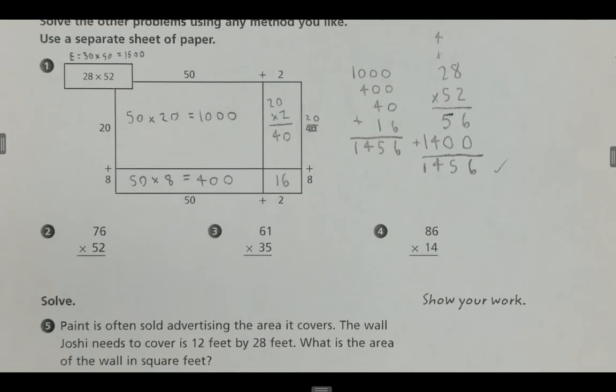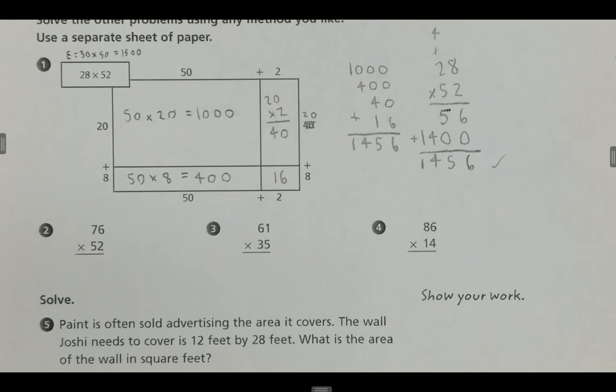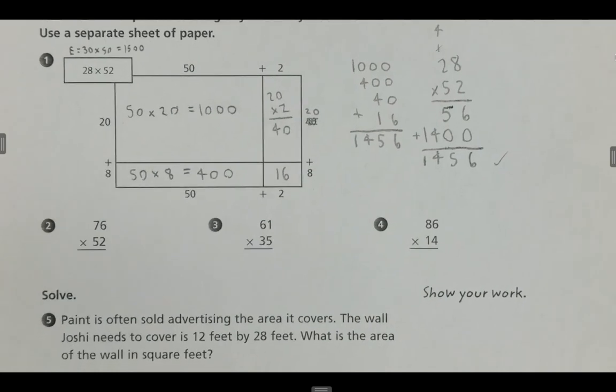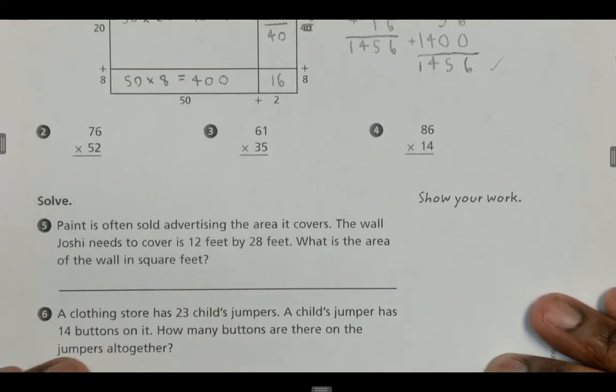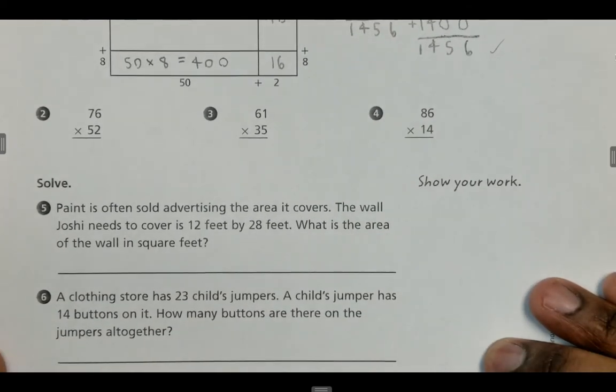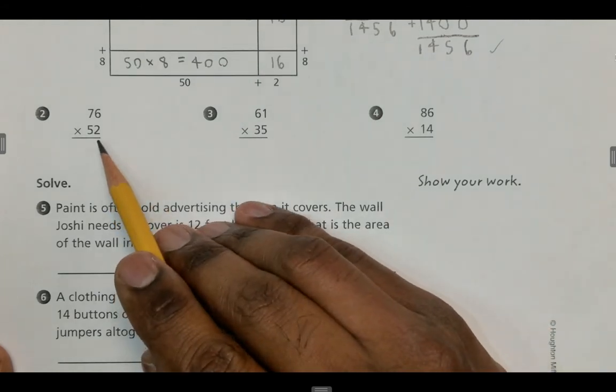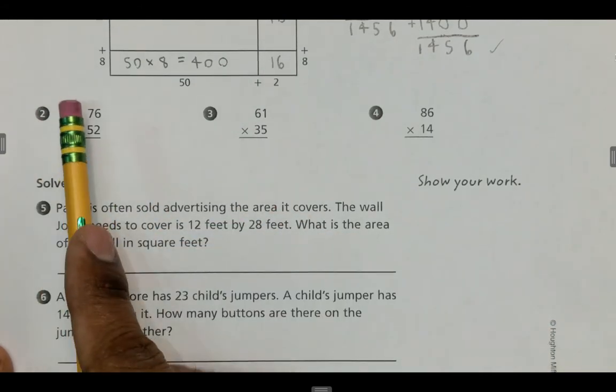Moving on, there's not a whole lot of room to show work, but it's important that you do, so you're going to have to write small. Let's do the evens on the rest of this page. Number 2. First row will be